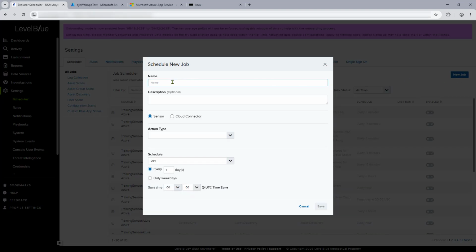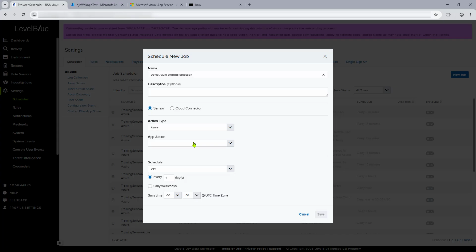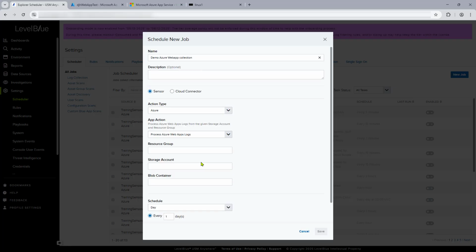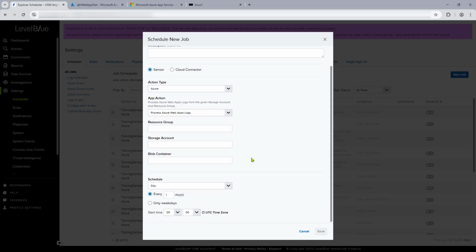We'll give it a name. Under Action Type, we'll select Azure. Under App Action, we'll select Process Azure Web App Logs. And it will ask us for the resource group, the storage account, and the blob container. So let's go back to Azure